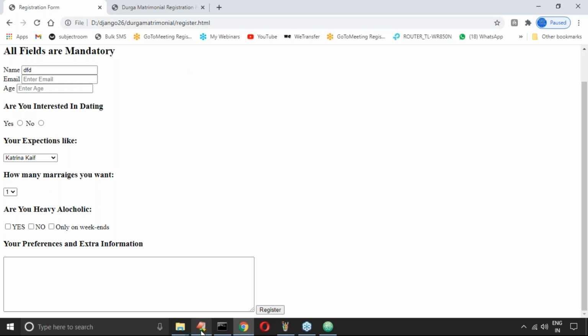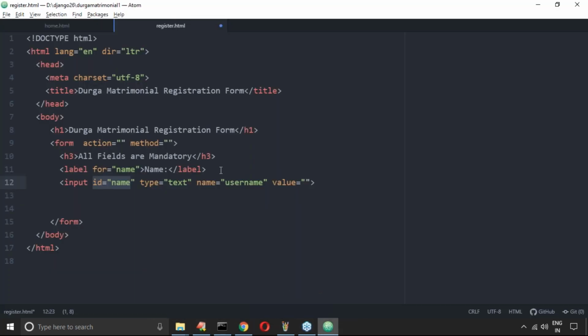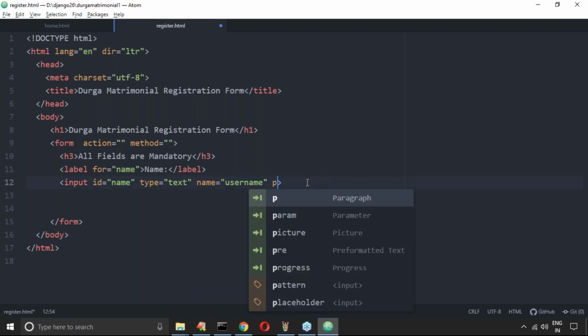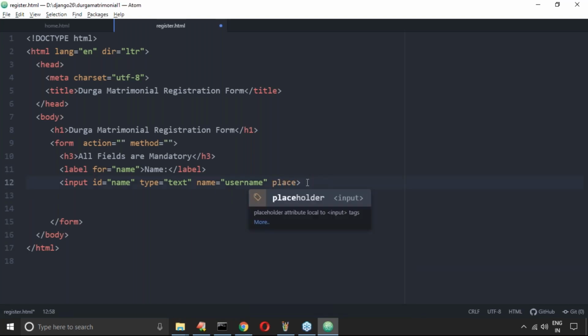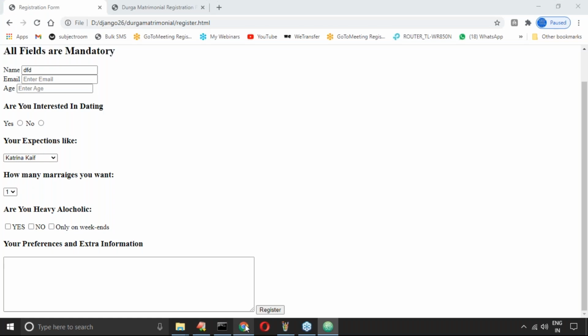Respond. Placeholder. I covered already in the last sessions. Sir, this is not a default value. Placeholder. Okay. Placeholder. Yeah, that's all. Placeholder, enter name. Next, one more thing I have to highlight.